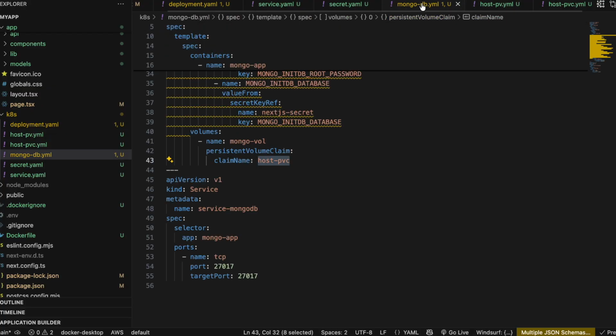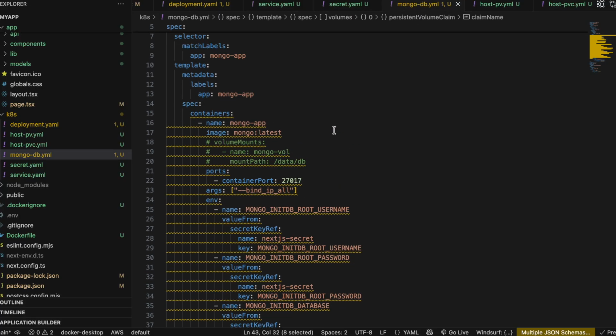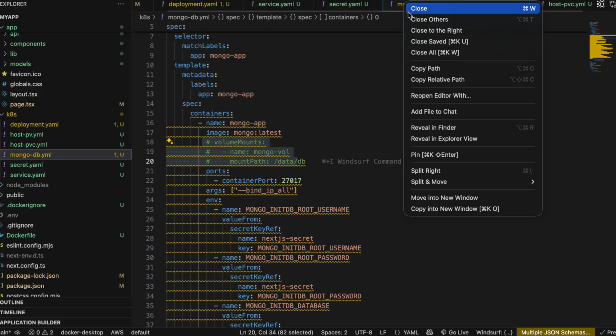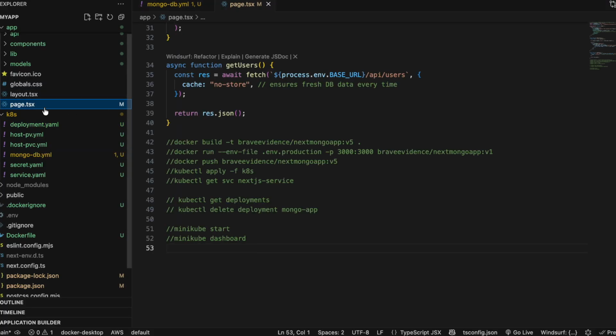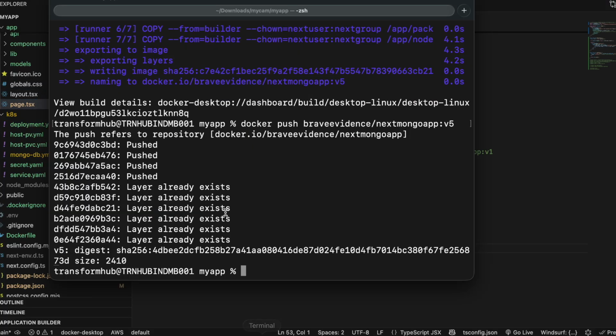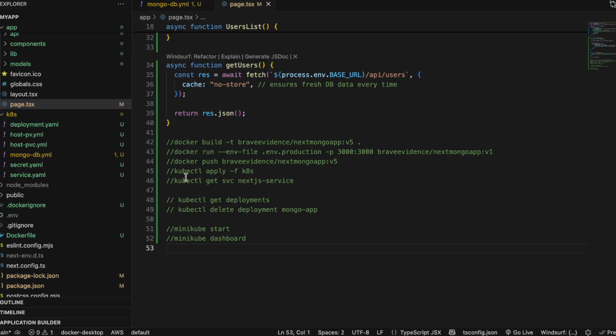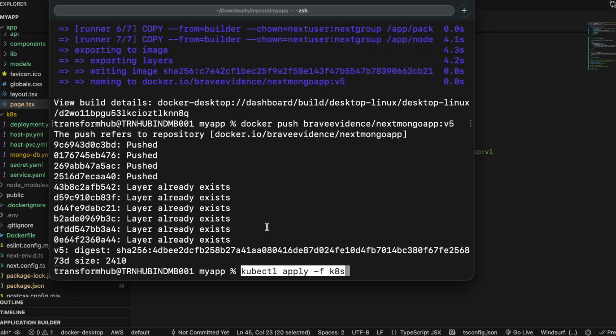I'll just save this as well. Now for the first time I am not enabling persistent volume claim, because I want to show you what will happen if we don't have persistent volume claim. So here you can see, that's why I've commented this code out. So what I'll do is I'll just close this. I'll go to page.tsx. So here you can see our push was successful as well. Now I will just apply kubectl to all of these Kubernetes files. So I'll just apply this quickly,